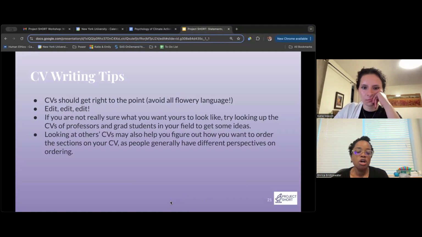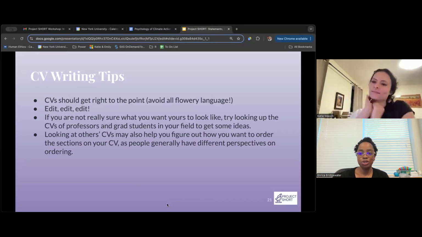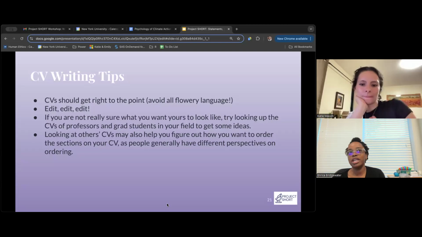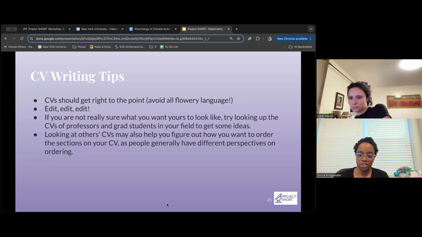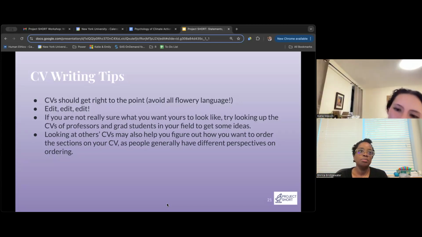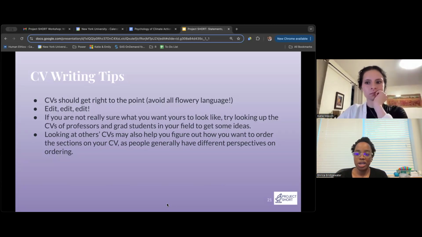And then as a follow-up point, looking at other CVs may also help you figure out how you want to order the sections of your CVs. There's many a discourse on how you should order it. There are folks who say you should have your honors and awards higher up. There are other folks who say your research experience and any publications and presentations should be higher up. Research interests can be lower. I don't necessarily think there's a right or wrong way to order things on a CV, but I think